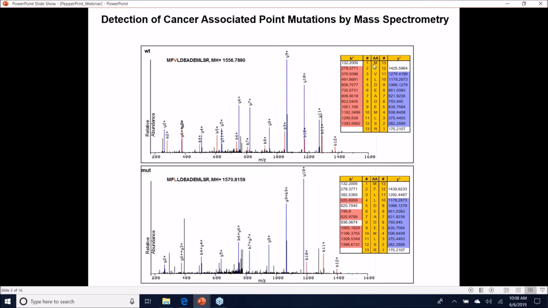So which you can see here, MFV B ion is 378, whereas MFL is 392. So then we showed that we can identify a number of mutant proteins, not just point mutations. If you were to look at